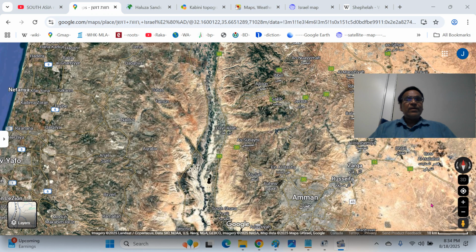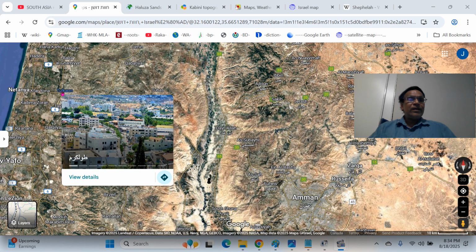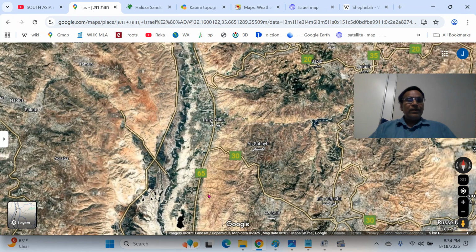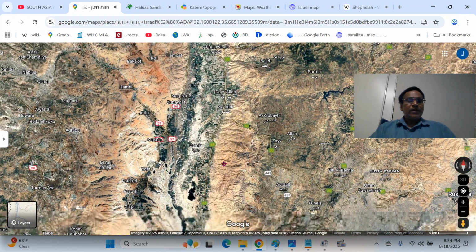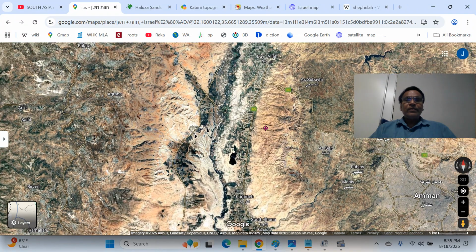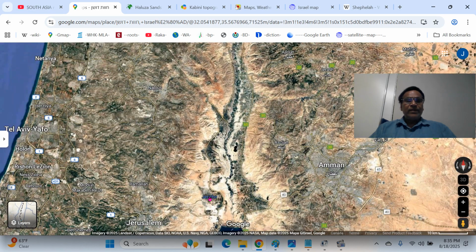This is the Jericho Governorate. This is the Tubas Governorate. You can see Tubas, this Arabic name. This is Tulkarm. Previously, Netanya, this whole region, in British Mandatory Palestine was in Tulkarm. And Jericho, you should see somewhere here. This is Allenby Bridge that goes into the Transjordan region. Yeah, you can see Jericho.